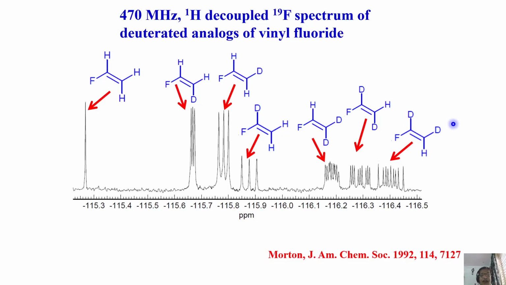Very nice, you see. And most interesting, you have to understand how the deuterium substitution has a dramatic effect on the chemical shift position because of isotopic substitution. Secondly, here two deuteriums are substituted. Here there is no substitution. In one substitution, in a different position, it shifted like this. With two deuteriums substituted, it shifted even more. So the dramatic effect of the substitution of deuterium is seen on the chemical shift of fluorine also. Okay, with this,